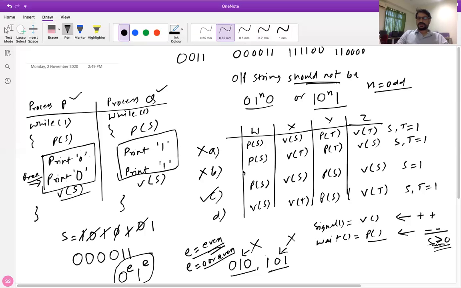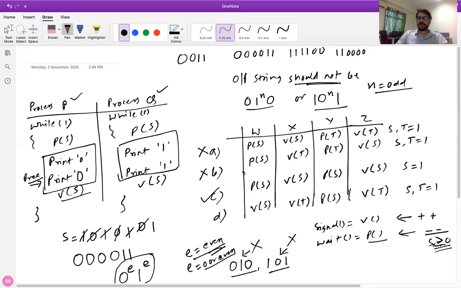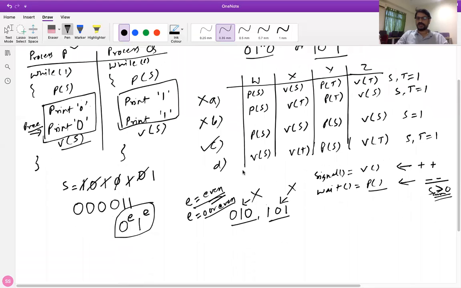So I think you understood the functionality of semaphore for the application of process ordering. So if you want to do some sort of ordering between the processes, I can do this in that